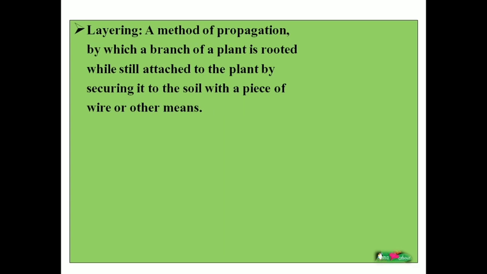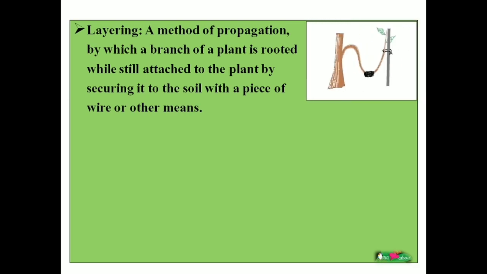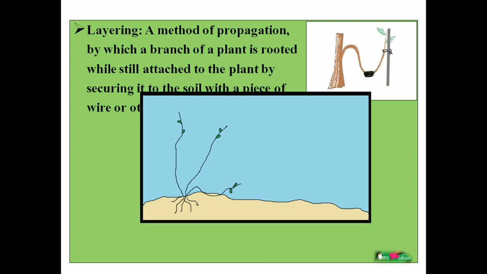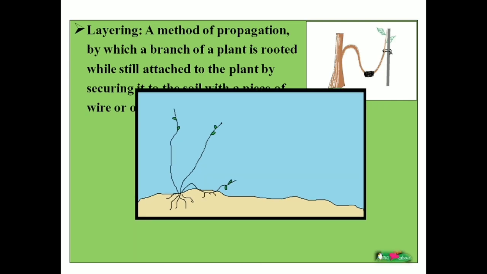Next is layering. It is also a type of propagation. Most people wonder how it is done. I placed an animated picture in which shoots are bent over to the ground in early spring. Then push the center of the stem under the ground and hold it with a U-shaped pin. After some days, roots will form at that center.